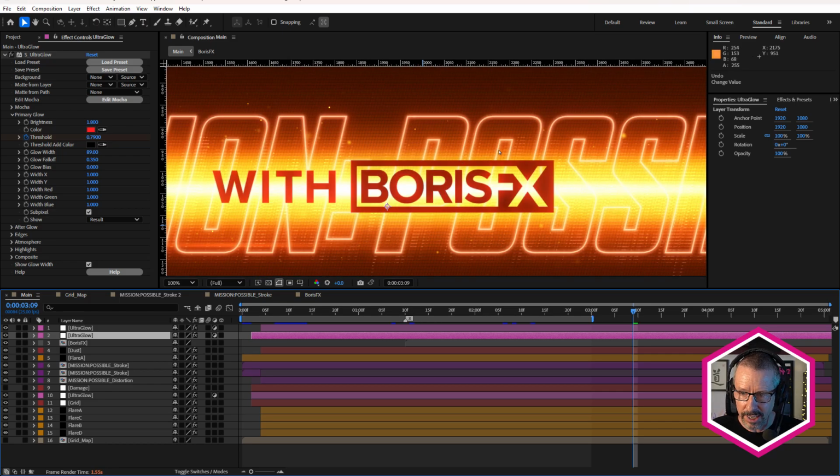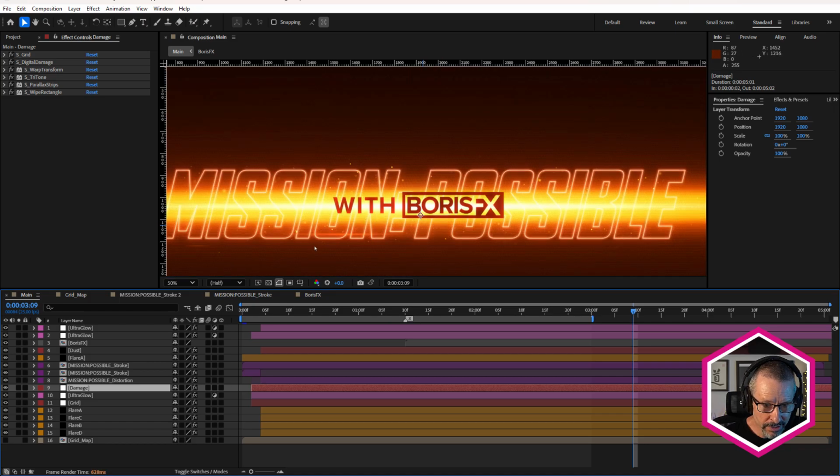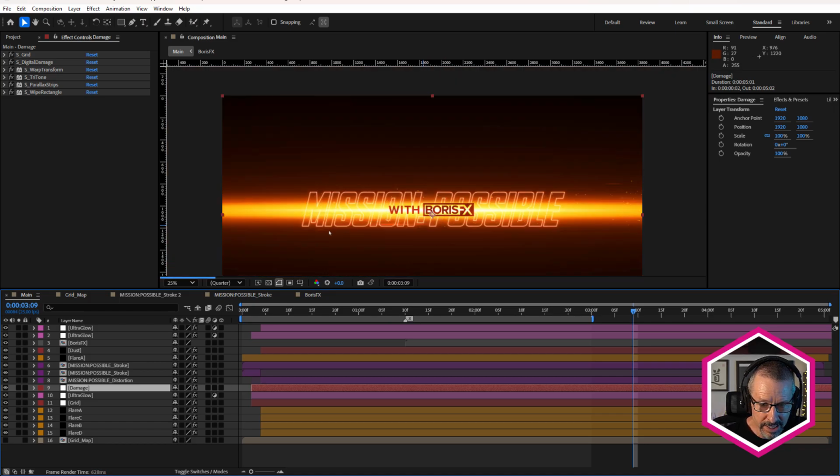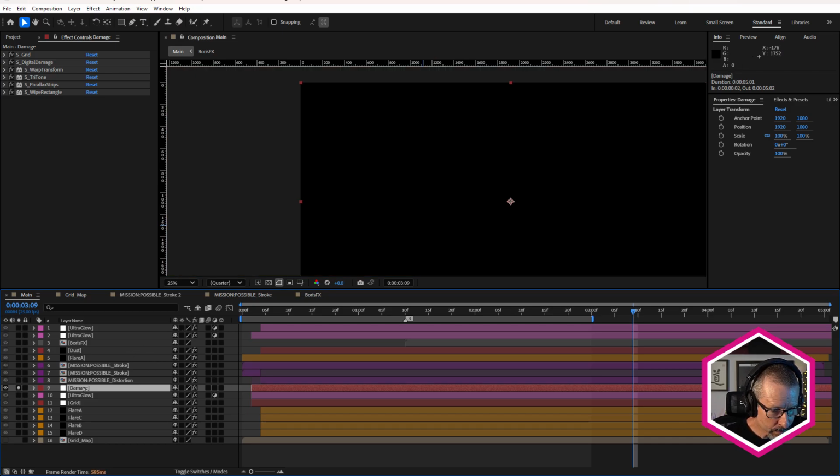And this is where I really separated from what I saw in the trailer, where I really diverged and added this damage layer. It's not a huge amount of difference. I mean, when I turn it on there, it's hard to see even what's going on. It's very subtle. I'm going to solo it, and we're going to break this down.